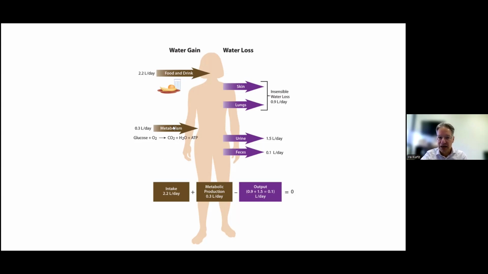Now, most people don't realize, and most doctors don't realize, but you also create water that you don't see. It doesn't look like water, and it's not water, let's say, in a peach or orange. It's actually water that's created in the body from certain substances that you take in with your diet. And that's about a third of a liter of water a day. Those two have to be added together so that the total would be 2.5 liters in a day. That's the brown down here, 2.2 liters from the food, and another third of a liter that you actually generated.